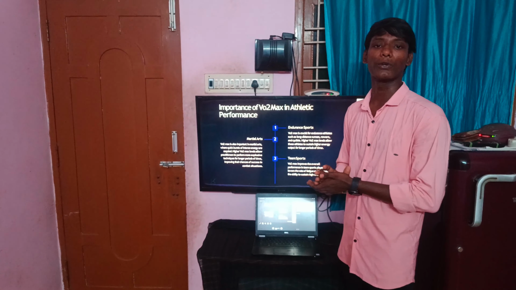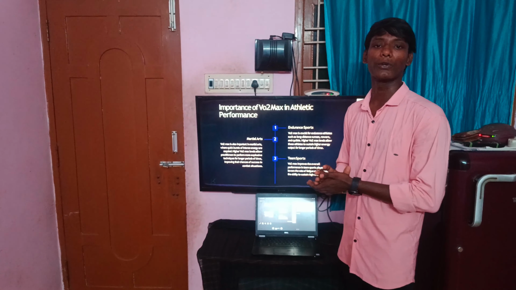And consistent training can help improve your maximum VO2 max level during your endurance workouts, for example cycling, swimming or running. During the period we can maximize our VO2 max level by challenging the body with diverse workouts, including swimming. As we see, through an aerobic training period we can achieve and improve the VO2 max level.